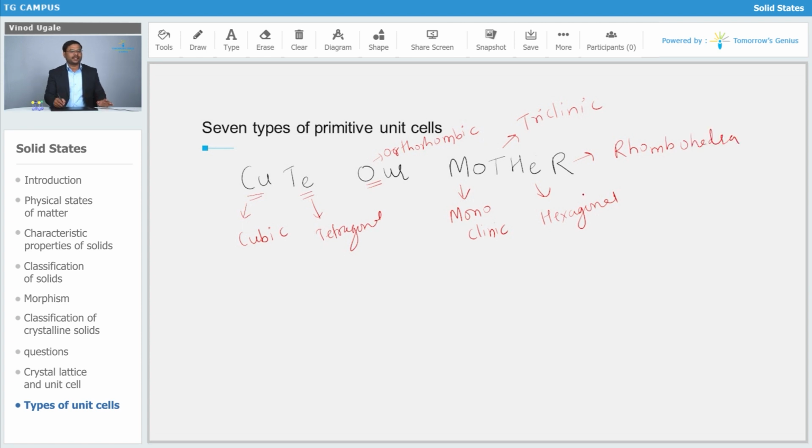So these are the 7 crystal systems that we can memorize in a sequence by "cute our mother," this statement. Now how we are going to arrange this, so that we have the complete idea about their parameters. So let's go for that also. I will write over here in short form: cubic, then tetragonal, then orthorhombic, then monoclinic, then triclinic, after that hexagonal, and then we will go for rhombohedral. So these are the 7 types of crystal system, 1 2 3 4 5 6 7. Now let's see how to identify their parameters.